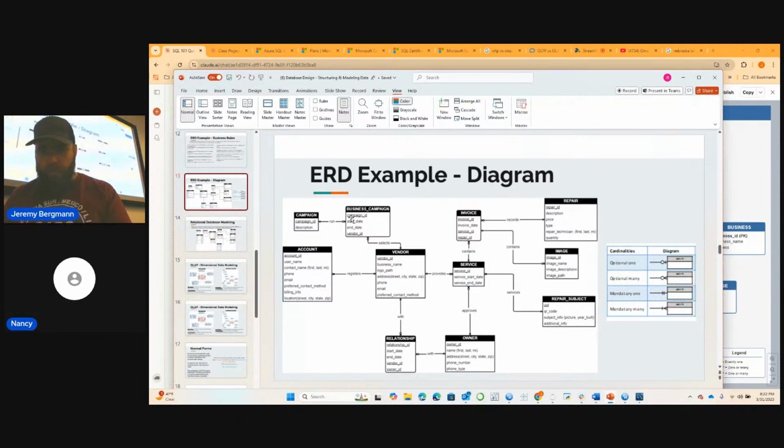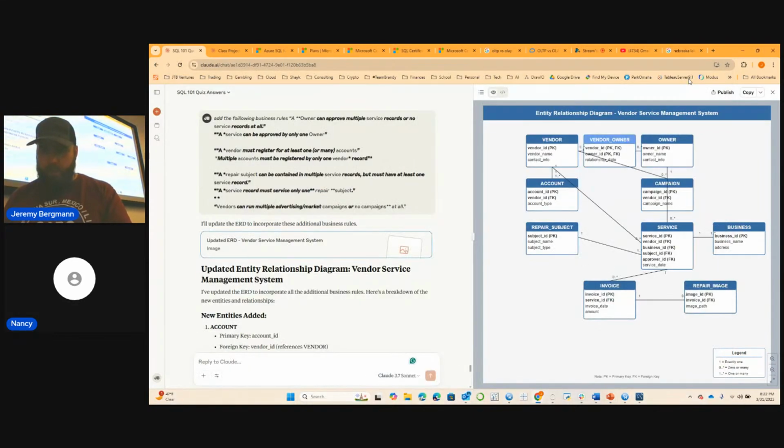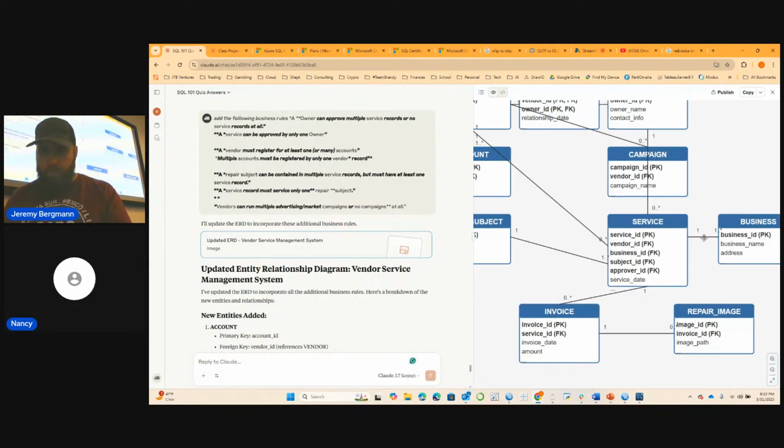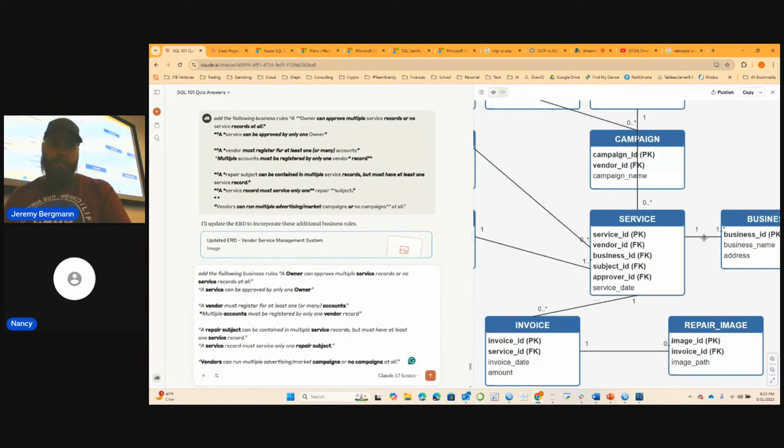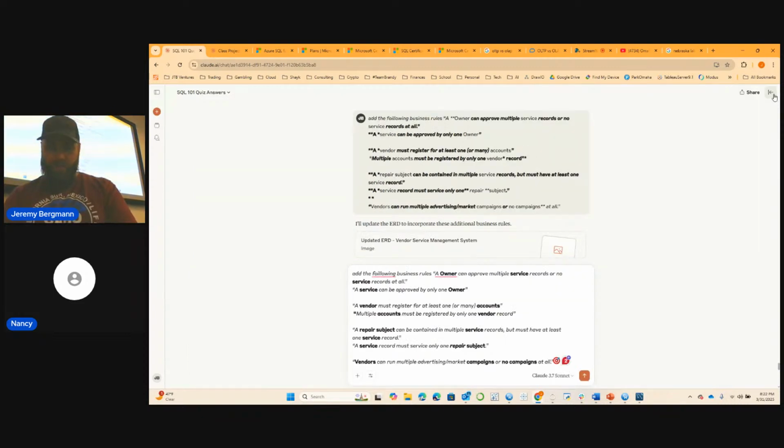I can't really tell when this thing's not dynamic either. That's the only bad thing. This one might not actually go to campaign. That might just be drawing a line through it. Yeah, it's not perfect, but